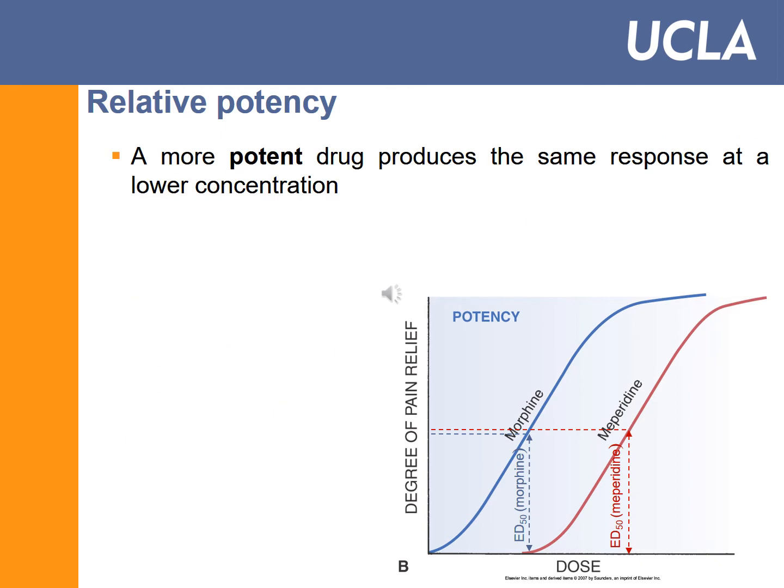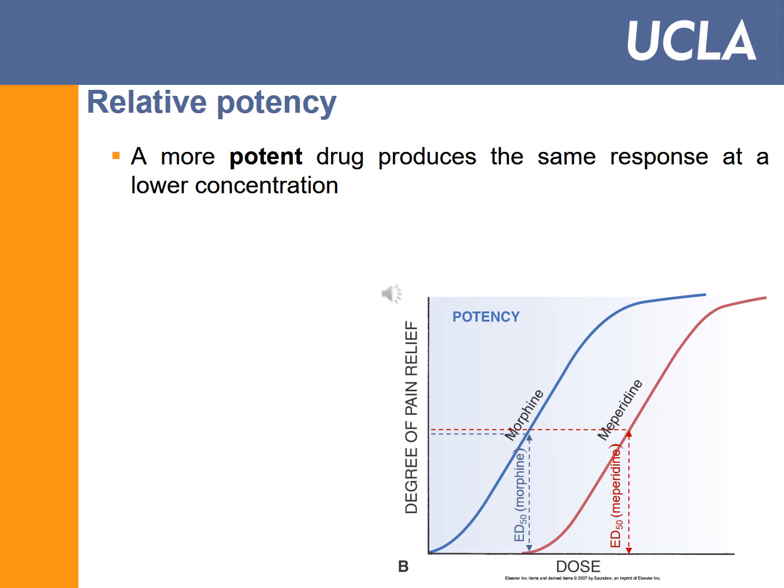And so on this slide, these are the same two drugs, morphine and meperidine. This is the same graph as the previous slide, but just to tell you that the more potent drug produces the same response at lower concentration. Because again, you have to look at your x-axis and see which one needs a smaller dose to determine which one is more potent. So more potent means you will require a smaller dose of that drug compared to the others. So morphine, you see you need a smaller dose to produce the same degree of pain